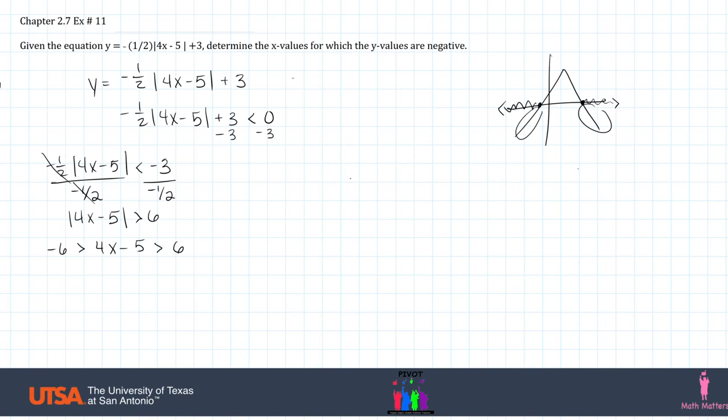And then we can break this down into two separate ones. So we have negative 6 is greater than 4x minus 5. And then 4x minus 5 is greater than 6. So we're going to solve these separately. Let's add 5 to both sides here. Then we get negative 1 greater than 4x. So x is